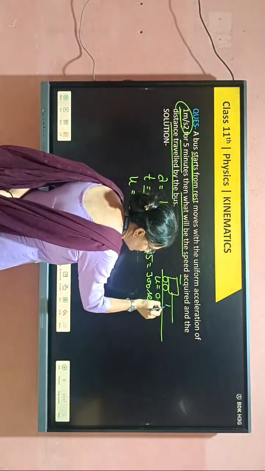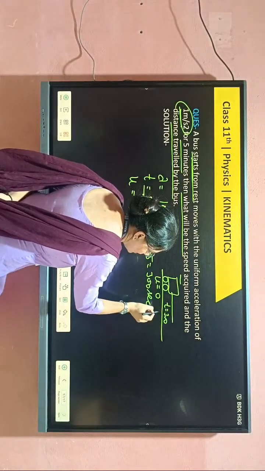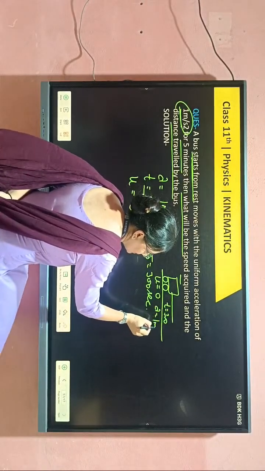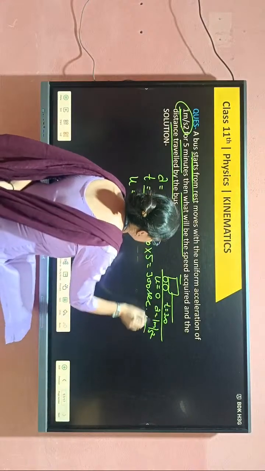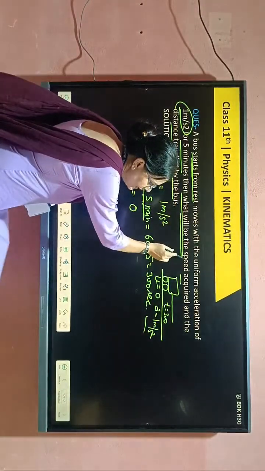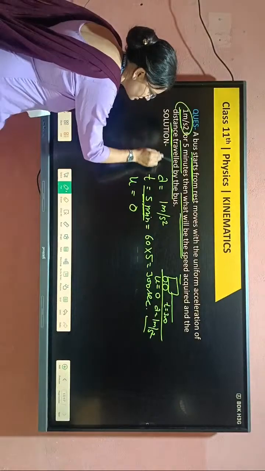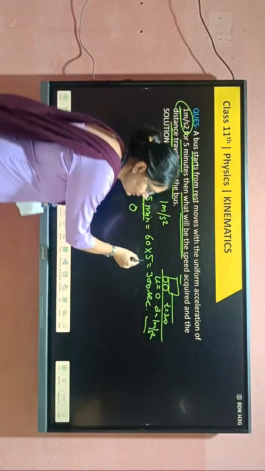Time is given, 300 seconds, with acceleration 1 meter per second square. Here the question is, we have to find out the speed acquired and the distance traveled by this bus within